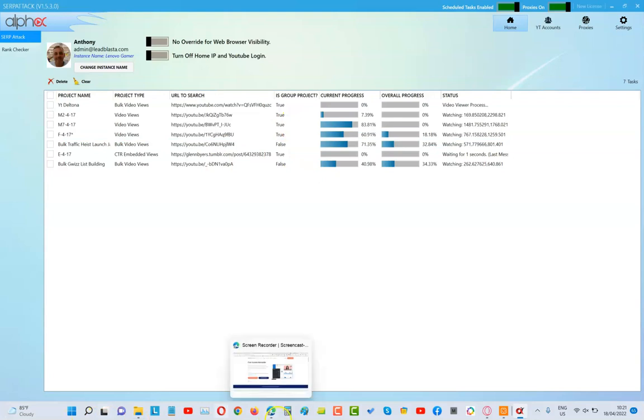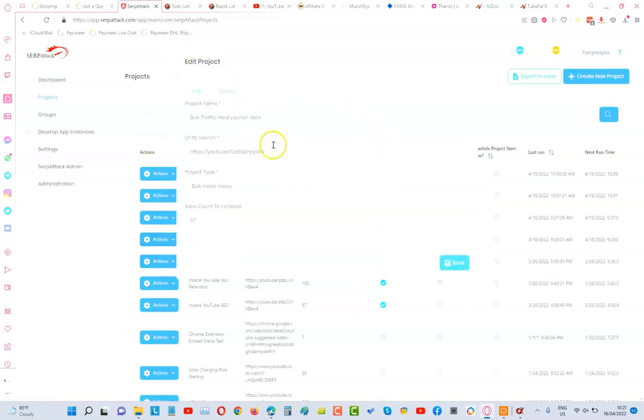Okay, let me show you how that works. I'll just show you very, very quickly. So we can come up here and I can go into another project. Now we'll click on this one, I'll click on edit. And you can see it's very similar to VidAttack Alpha, by the way, when you see these settings in here. Now you can see we've got two tabs at the top here,